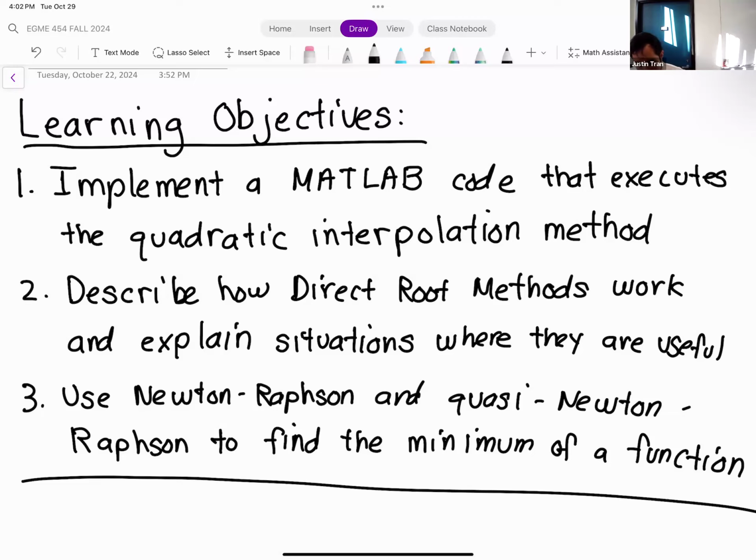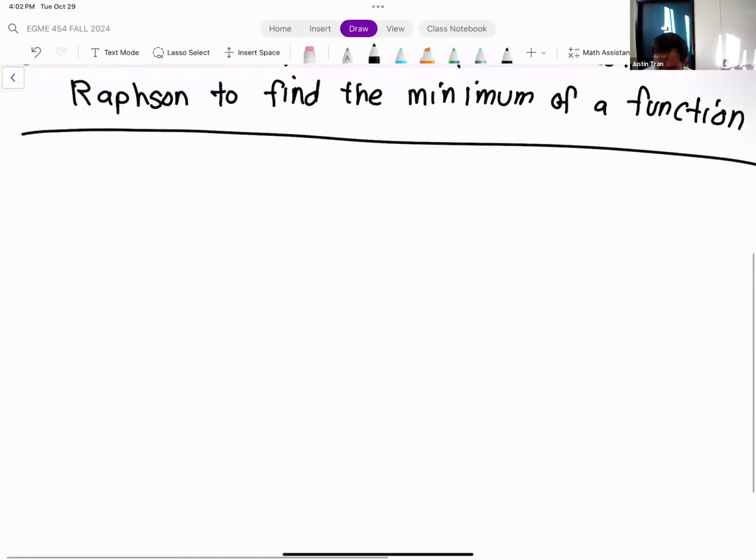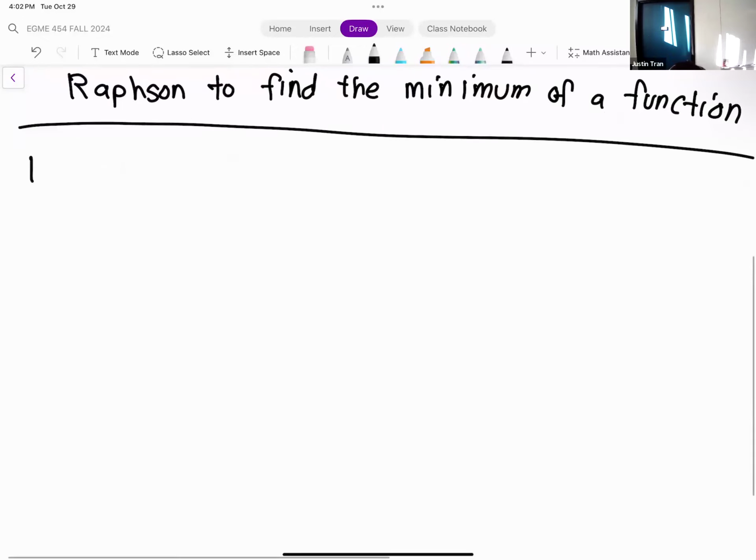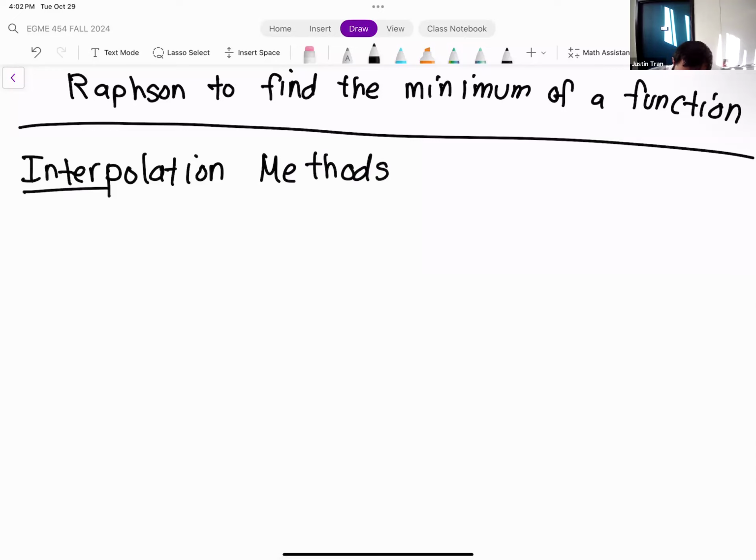Okay. All right. So before we jump back into MATLAB, let me do a very, very quick review. All right, so before we left off on last Thursday, we were going over interpolation methods, okay? And so the idea with interpolation methods is, remember, we're working in this unit of nonlinear programming, so we have